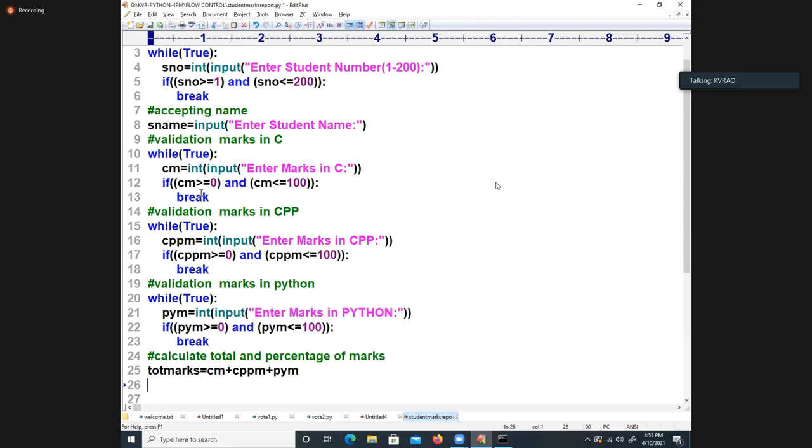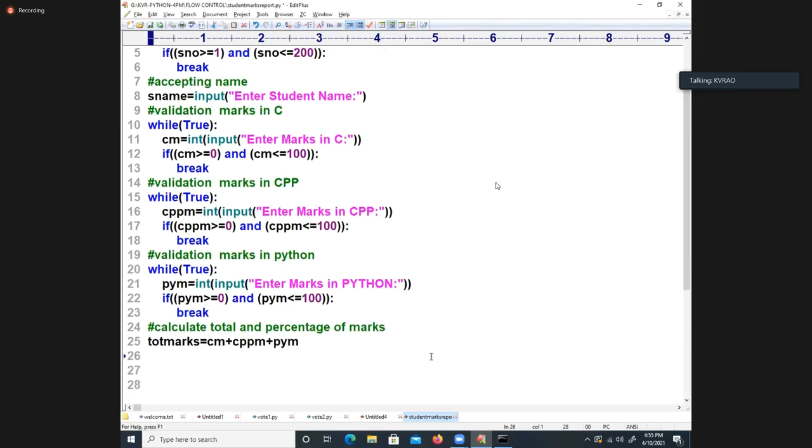Total marks I got it. Now I want to write percentage of marks. Percent marks is equal to total marks by 300 into 100, percentage of marks you are calculating.